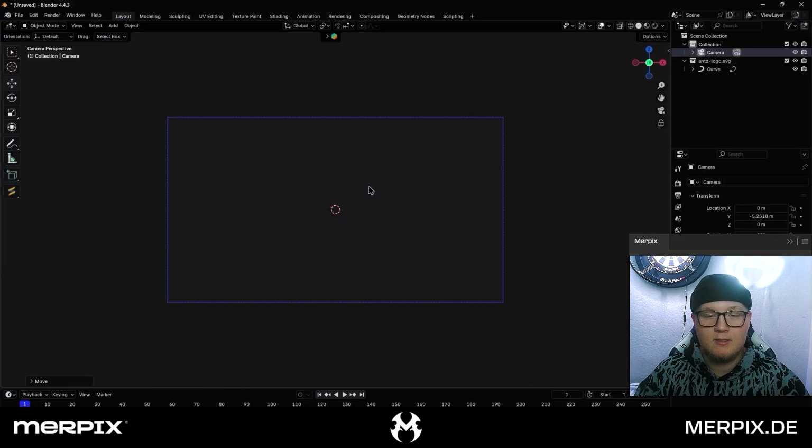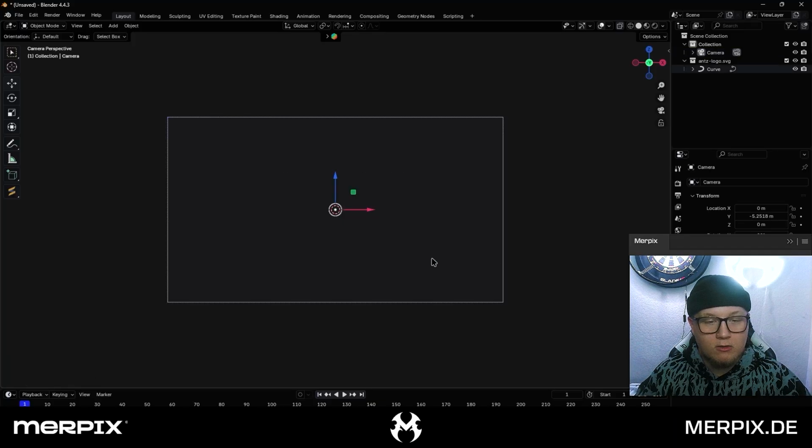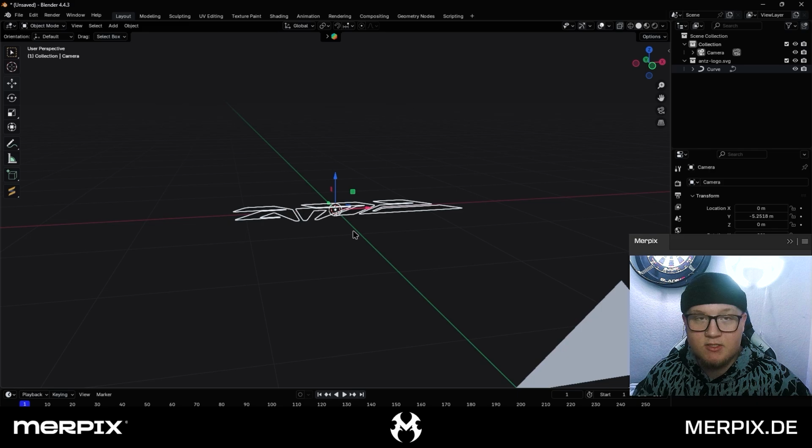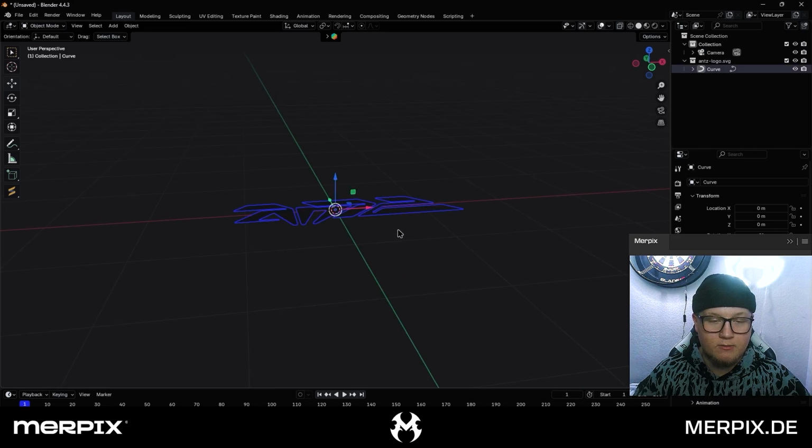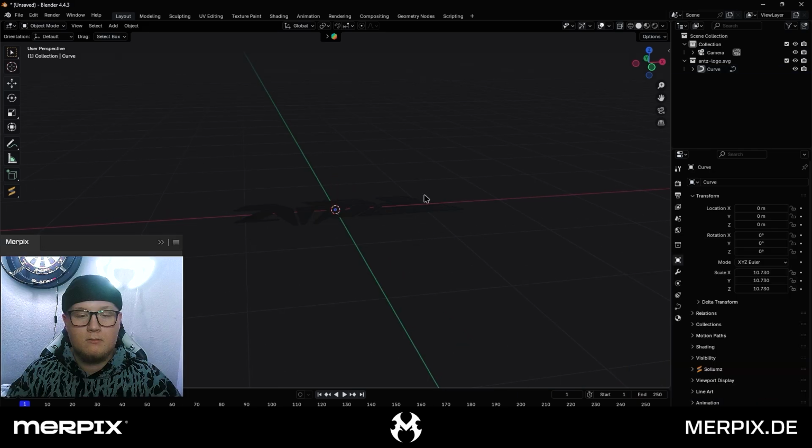You can click it and then you have the POV of the camera you're working with. Of course, now we don't see our logo anymore because it hasn't been extruded yet. So first, to actually see the logo in the camera, we're going to click it,